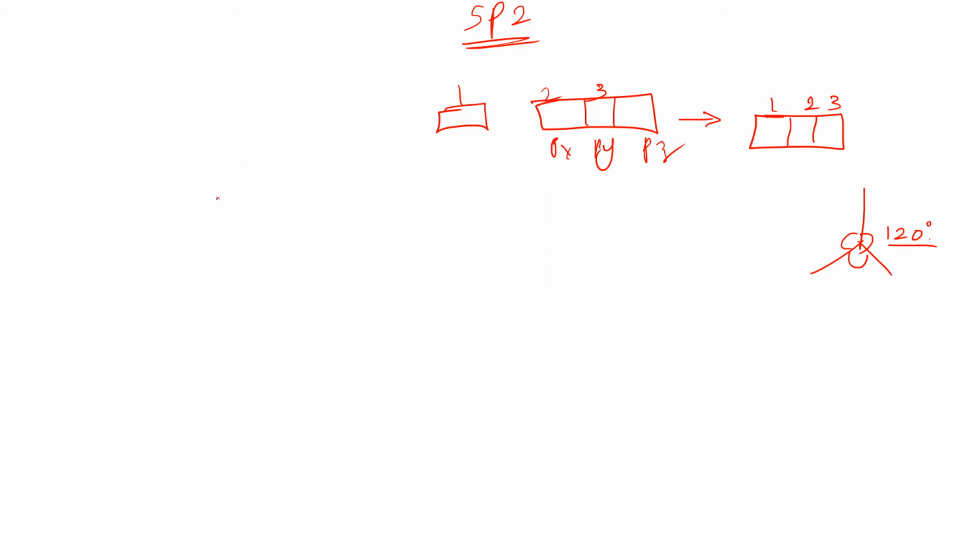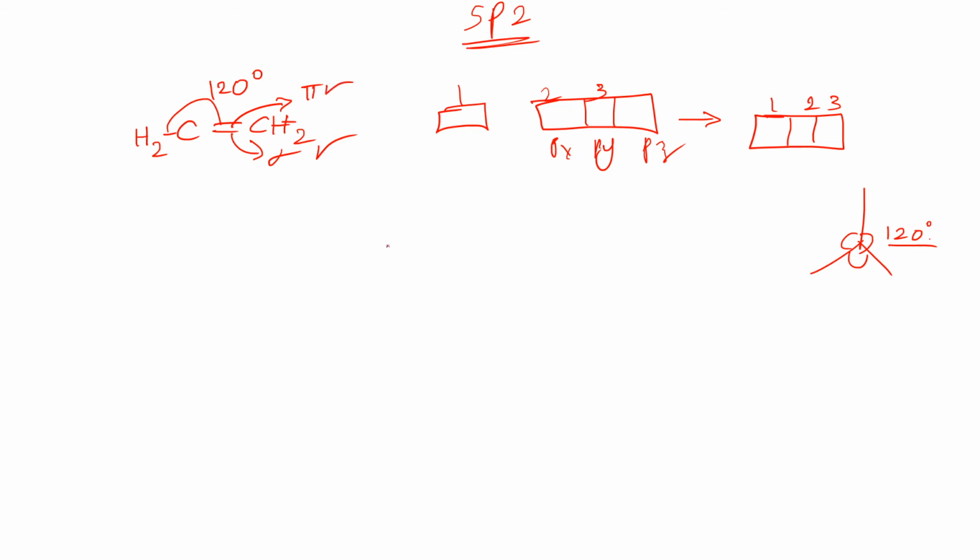So now let us discuss with an example. The example is carbon double bond carbon, CH2 and also CH2. Here you can see the bond angle between these two is 120 degrees. The first bond formed will be the sigma bond. After the formation of the sigma bond, the next is the pi bond.